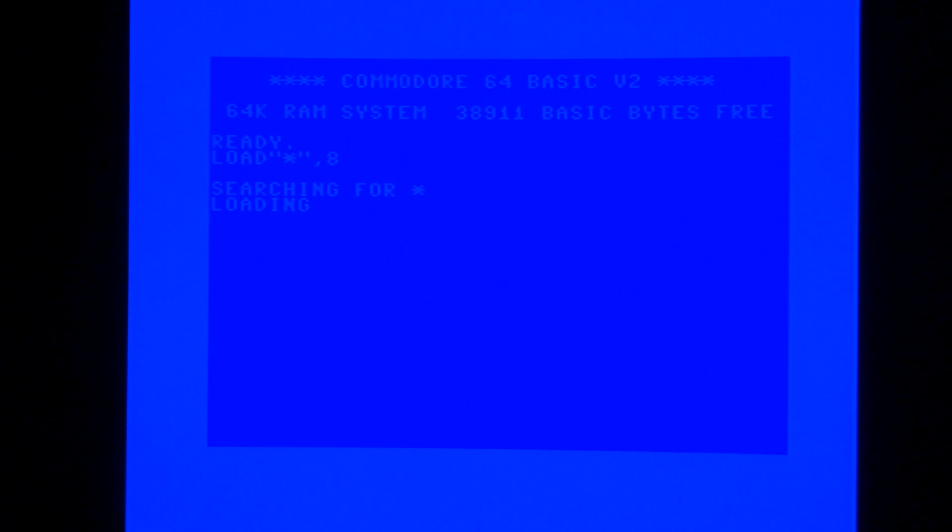Hello and welcome back. Well, I failed miserably on my last task of copying the 4 disk images from the SD2IEC to the 1541 floppy drive. The first 2 disks went okay. The other 2 not so well. I swear the 1541 was going to grind itself out of existence, but nothing wrong with the drive. It's just obviously there was an issue copying the actual images. So I found another game, which hopefully will run